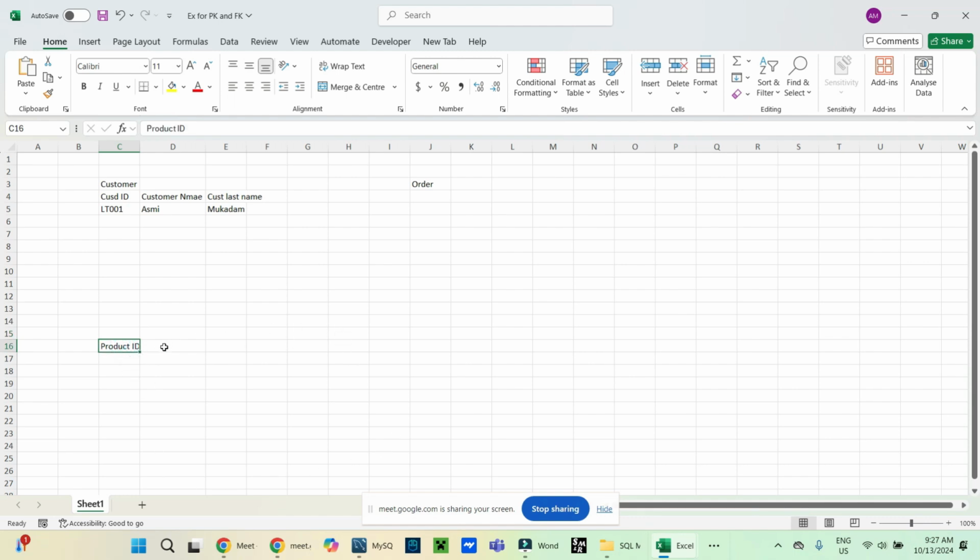Product id, then product name will be there. Then product category will be there, and subcategory will be there. So all the information related to the product will be present in a product table. So in the database we